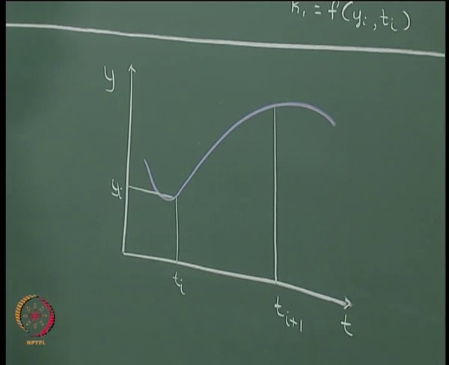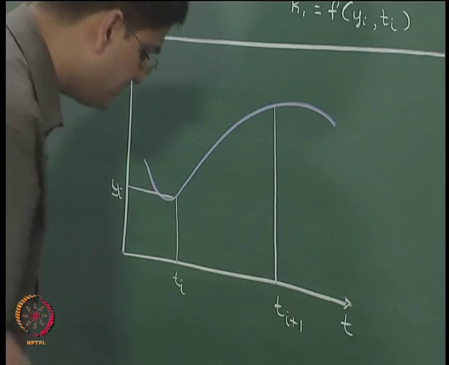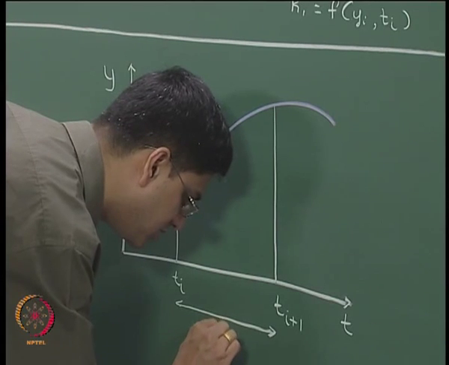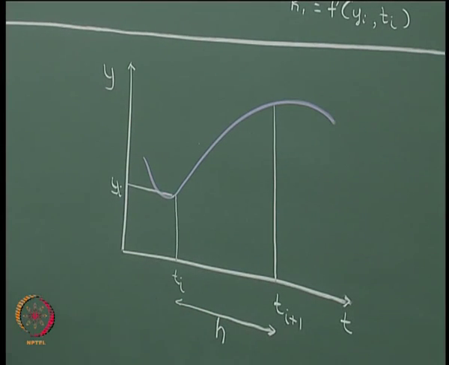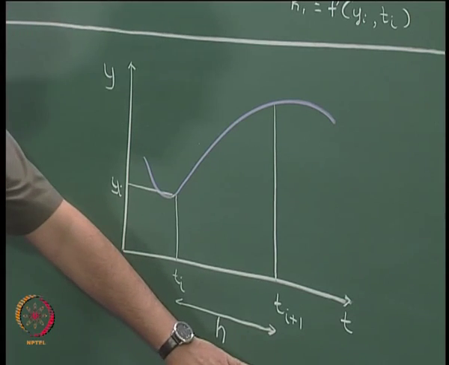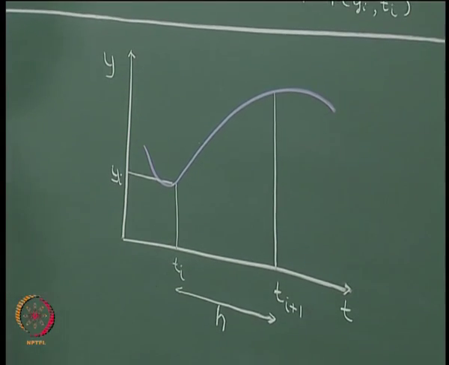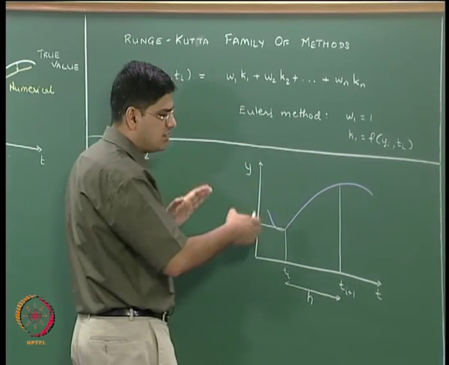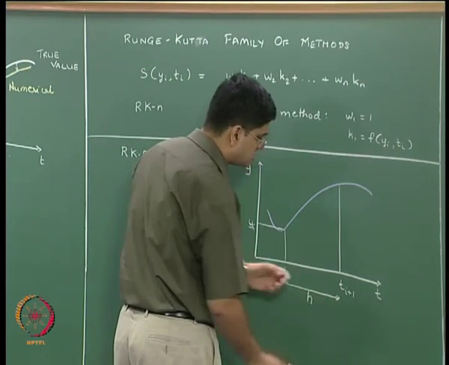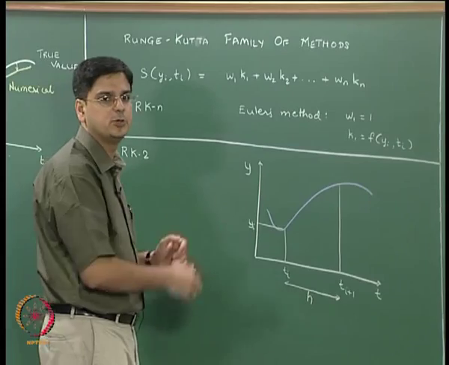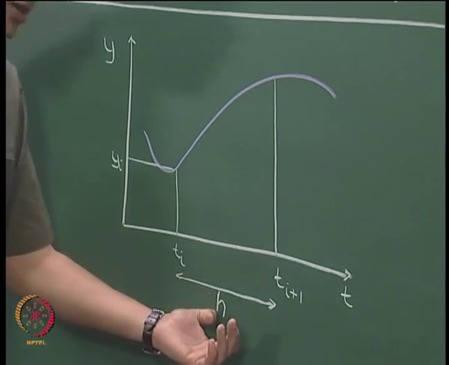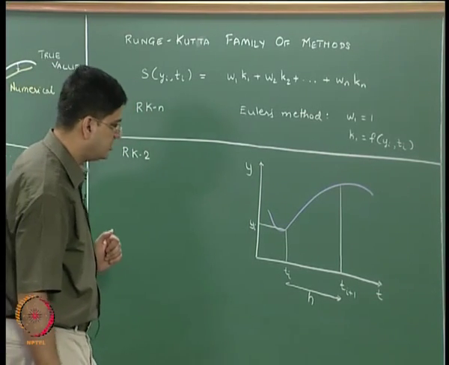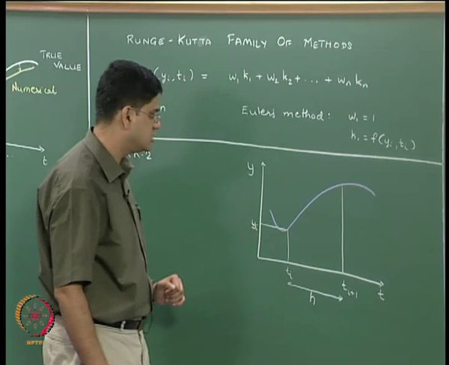Instead of calling the difference between ti and ti plus 1 as delta t, I will just call this h. h is nothing but the delta t that we have used so far. The reason why I am going to use h over here rather than delta t is simply because writing all the expressions in terms of delta t is going to be a little bit more tiresome. With h it is just going to be simpler from a notational point of view, but for all practical purposes there is absolutely no difference between h and the delta t that we had used in the previous lecture and also in this lecture so far.